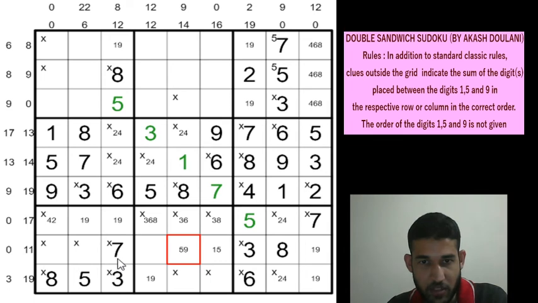We need to place the 2, 4 and 6 in some order. So this is going to be 2, 4, 6, 2, 4, 6 and 2, 4, 6. But 6 is in box 8, column row 7. So this is not a 6. So this is a 2 and 4.